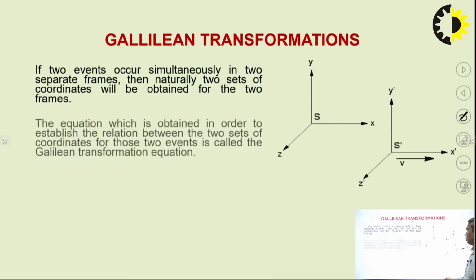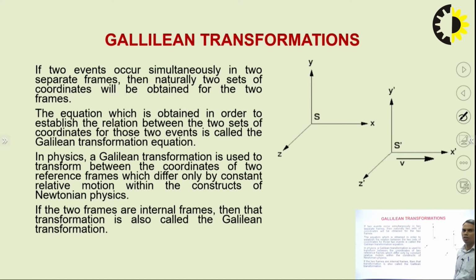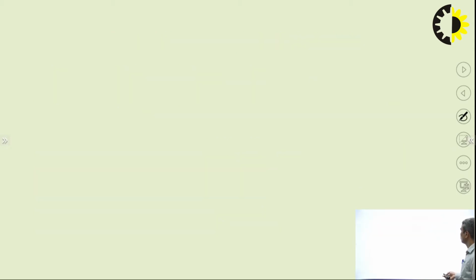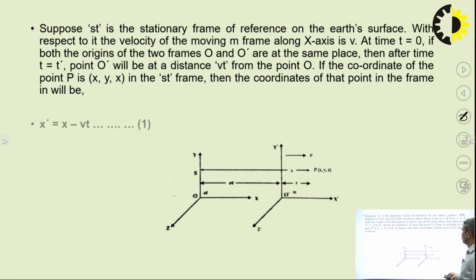So, the Galilean transformation. This is the first transformation, derived by Galileo, and it is the most fundamental. Here we have taken two inertial frames S and S prime. Frame S prime is moving with constant velocity v in the positive x direction. So, x prime is equal to x minus vt, since vt is the distance between these two frames